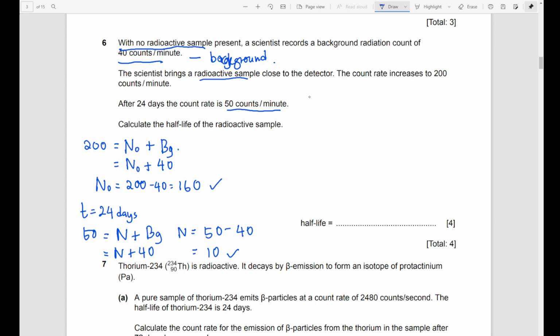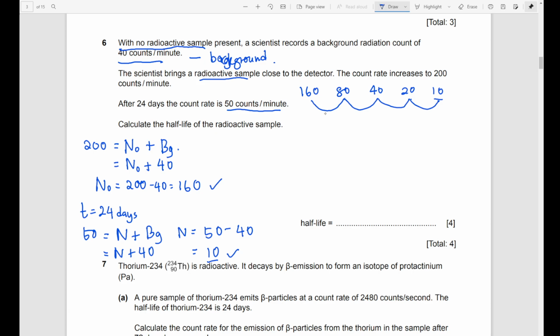First, maybe you can just sketch the diagram. N naught, which is 160, will decay into half, which is 80, and then it will decay into half, which is 40, and then half again, which is 20, and then half again, which is 10. So we will stop whenever we get the final value. Here from the question, the final value is 10, so we stop here, and then calculate how many half-lives